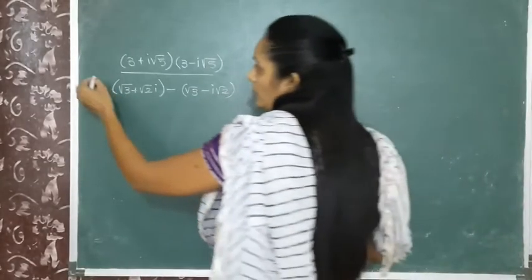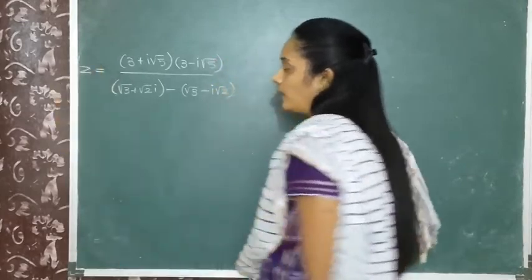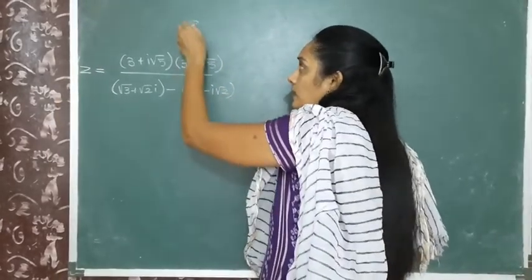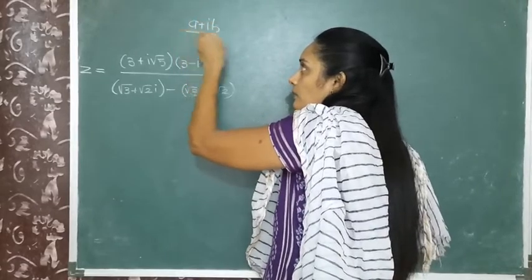First, we take the given number as z, and now we have to express it in the a plus ib form,